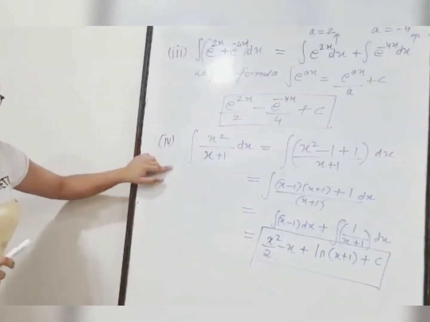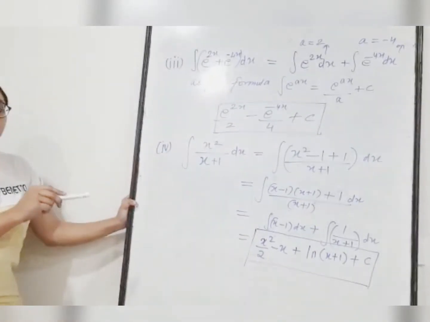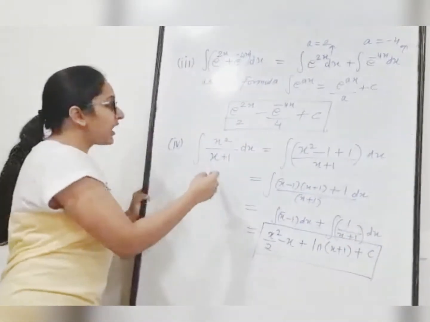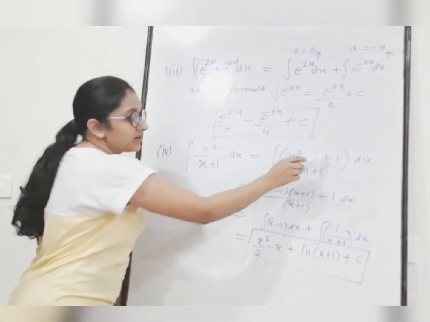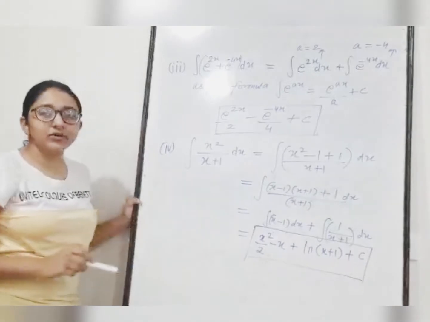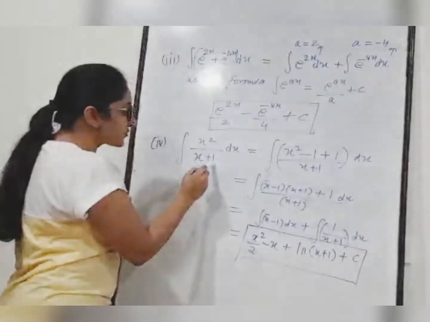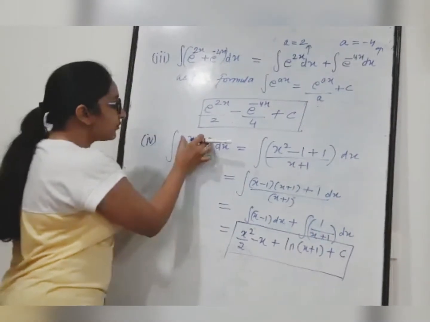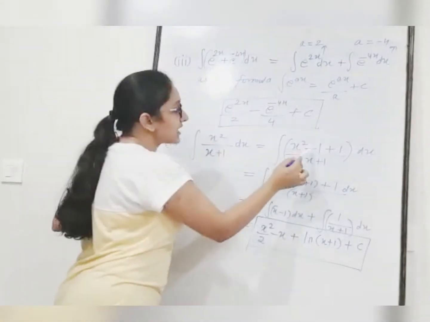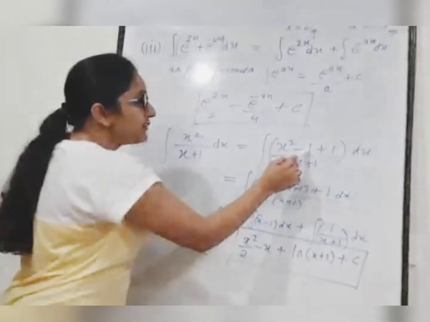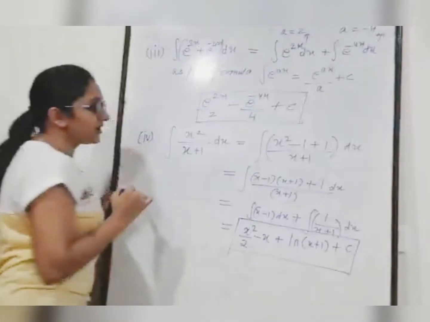Moving on to the fifth sum. Here, always remember, while solving such problems, you will have to create some kind of substitution like I created here, so that the problem is very easy to solve. Now here I thought of a substitution like this. This was x plus 1. I had to create a term x plus 1 such that this and this get cancelled. So what I did was I added plus 1 and subtracted 1. So basically this is 0 and x square is retained.